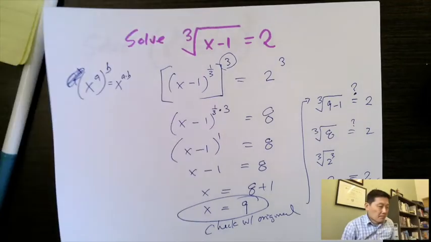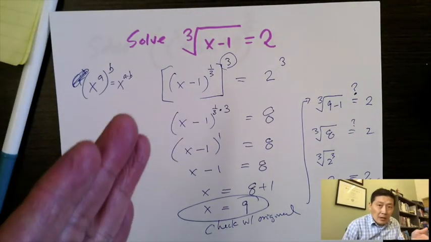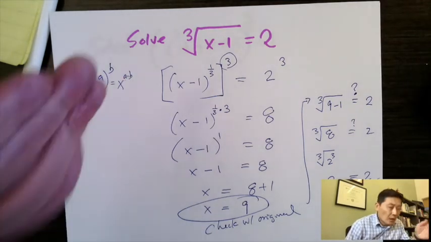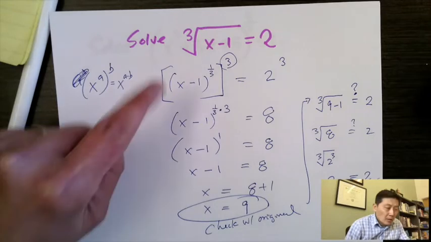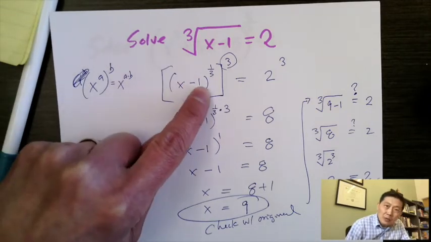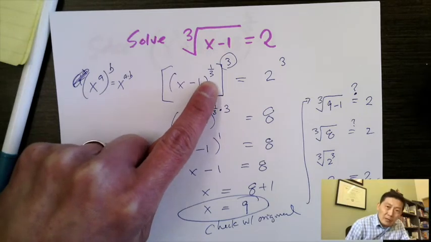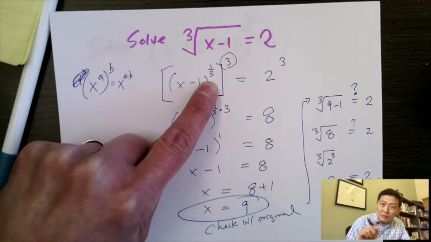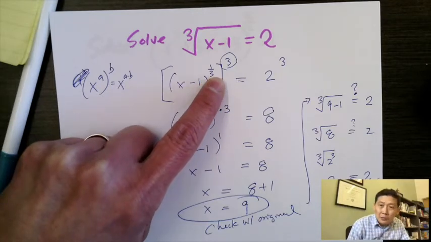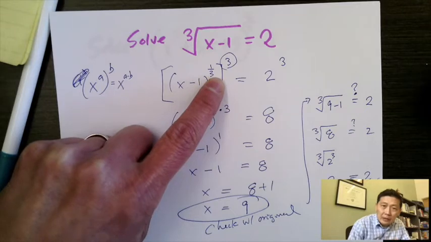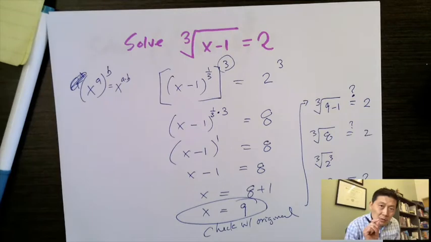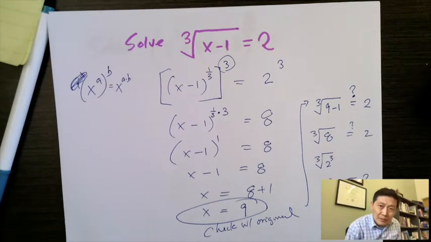Okay. So here is a radical equation, but instead of square root, we got cube root. But notice, I also take the root and I explain it in such a way that I turn it into a rational exponent, which means the exponent is a fraction. And by doing so, you can also see the reason why I cube the equation on both sides. So let's go to the next problem, which then you will see why this point that I just made is